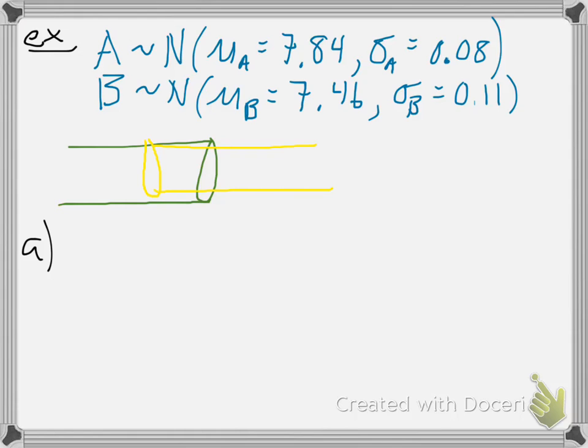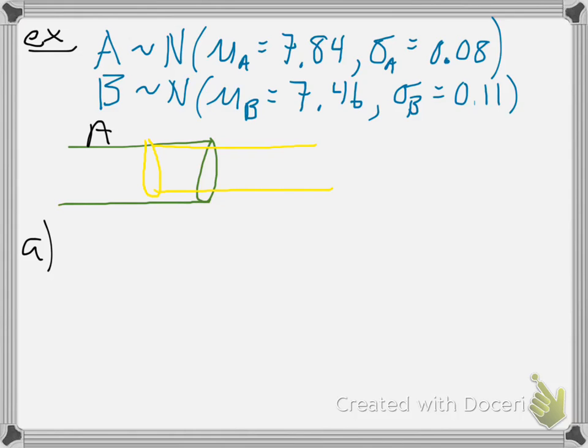The diameter of tube B also follows a normal distribution with a mean of 7.46 and a standard deviation of 0.11 centimeters, which is what you could see what I wrote here and there. And I'm erasing those marks now. Okay, so part A asks, what is the probability that a randomly selected tube A has a diameter of 8 centimeters or greater? And you might look at this and try not to overcomplicate this,